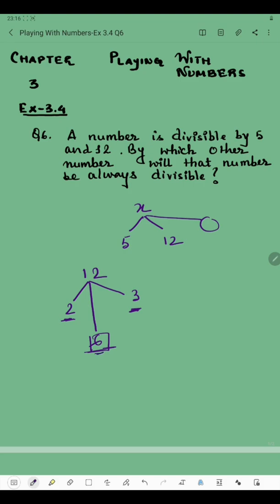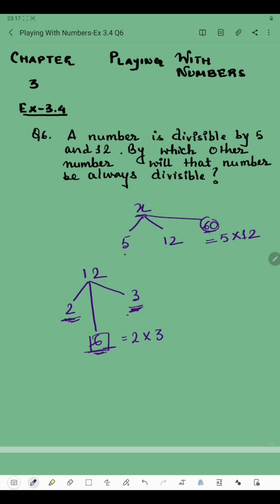So that means how we have got this 6? By multiplying this 2, 6 can be written as 2 multiplied by 3. So that means when we find the product of this and this, then we will get the third number. Similarly, here it is said that a number which is unknown to us is divisible by 5 and 12. Now we will have to find the third number. So how we will find the third number? 12 5s are 60. Here will be 60. Now how we have got 60? By multiplying these two. So 5 and 12, if you multiply, then we will get the third number.